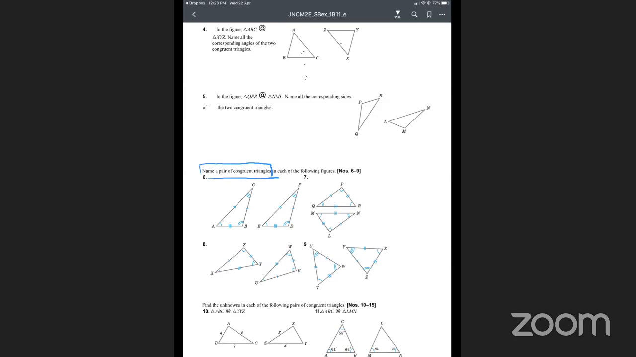Now you need to name the congruent triangles. That's why you need to find that C and F are in one pair, and then B and D in one pair, right? And then the remaining A and E should be in one pair. Therefore, in this case, you need to write in this way: triangle A, B, C